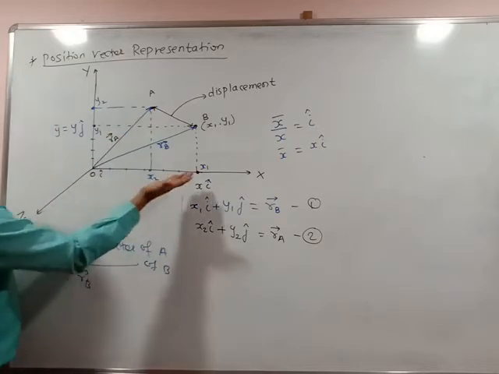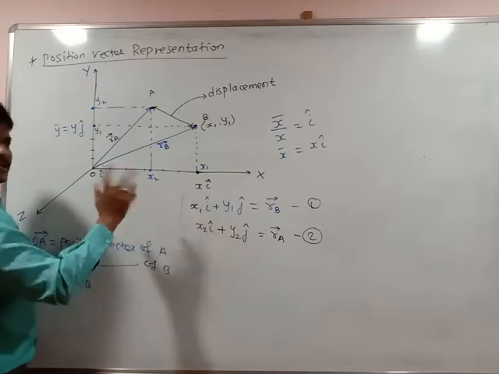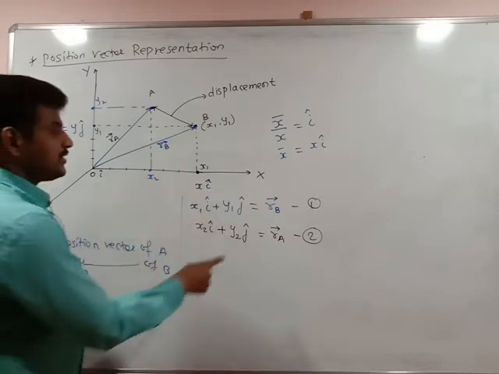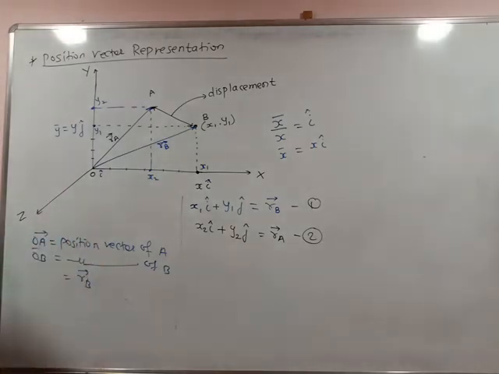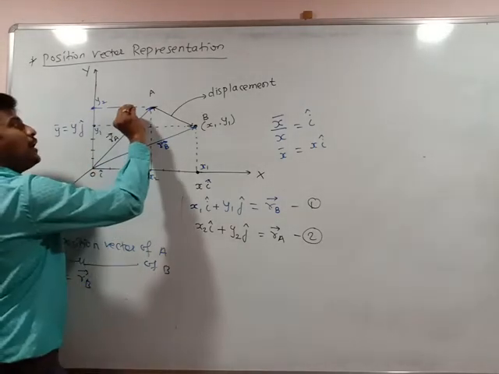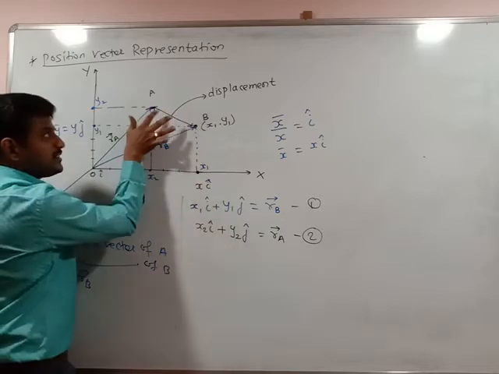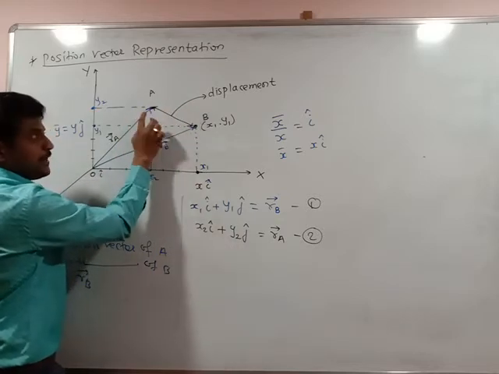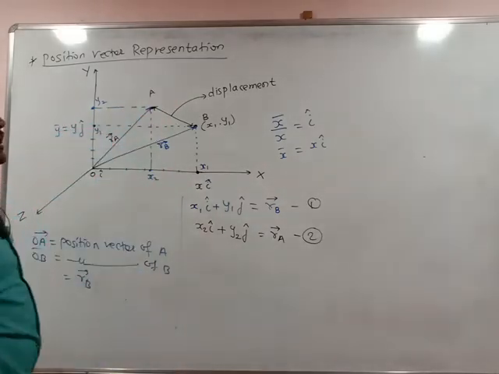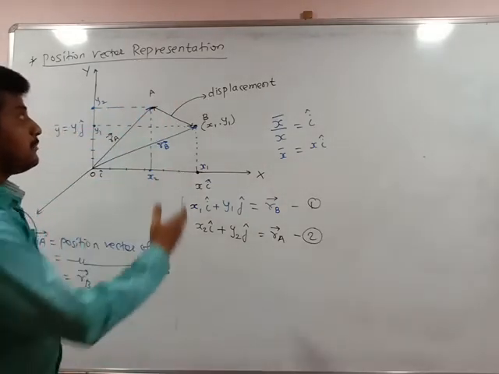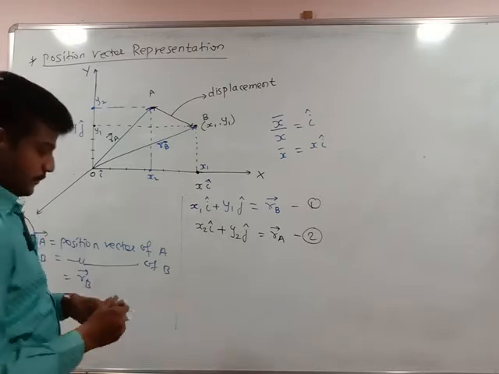You can take here x1, here x2, no problem. You can interchange, no problem. Okay, now this is RB and RA. But what displacement takes place after reaching position A? The object comes to position B. This is the shortest distance between 2 points. The shortest distance between 2 points is always said to be a displacement vector. Then what is meant by the displacement vector from A to B?